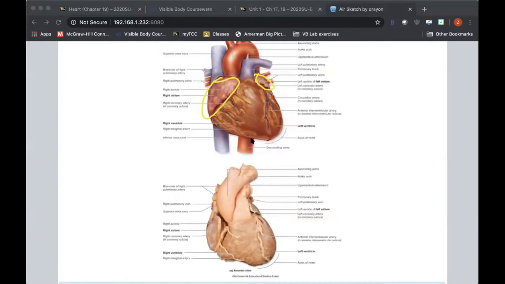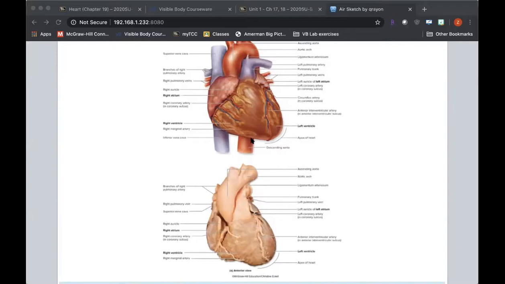Okay, so there's left and right auricle. Auricles are extensions of atria. It's just some extra space if more blood is coming into the atrium, but they're just kind of external parts of the atria. And then there are some other features that we need to talk about, and these are called